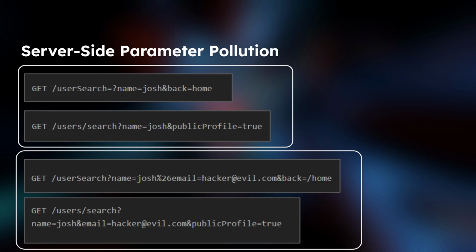You might be able to do some pollution in query strings with the pound character, the and character, or the equals character. Those can give you some interesting stuff. If you've got a social media platform that lets you search for usernames, right? Don't mind this equal sign here, that's a typo. But if you're searching for a name and the back parameter is home, for example,